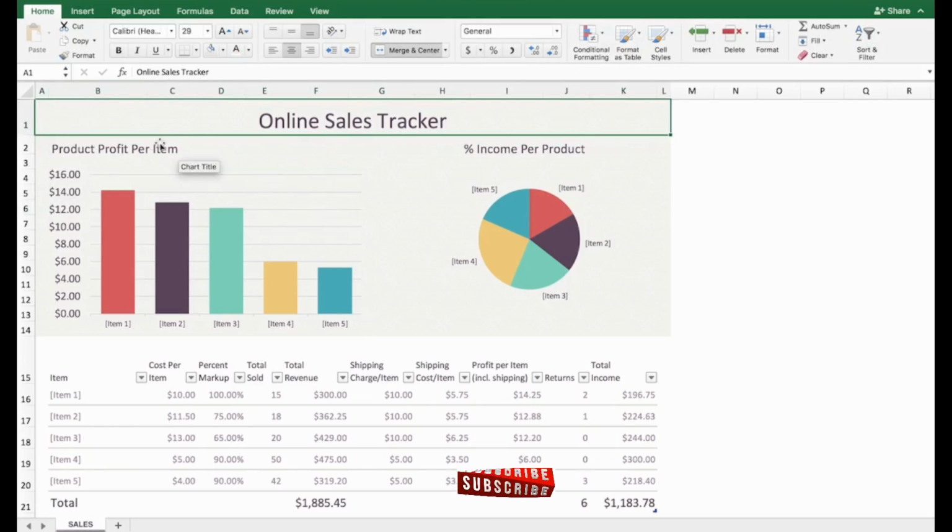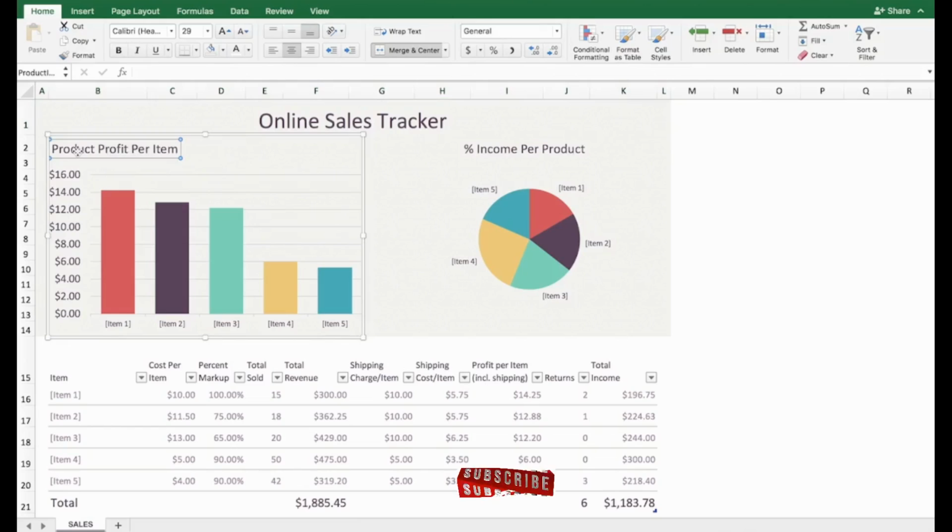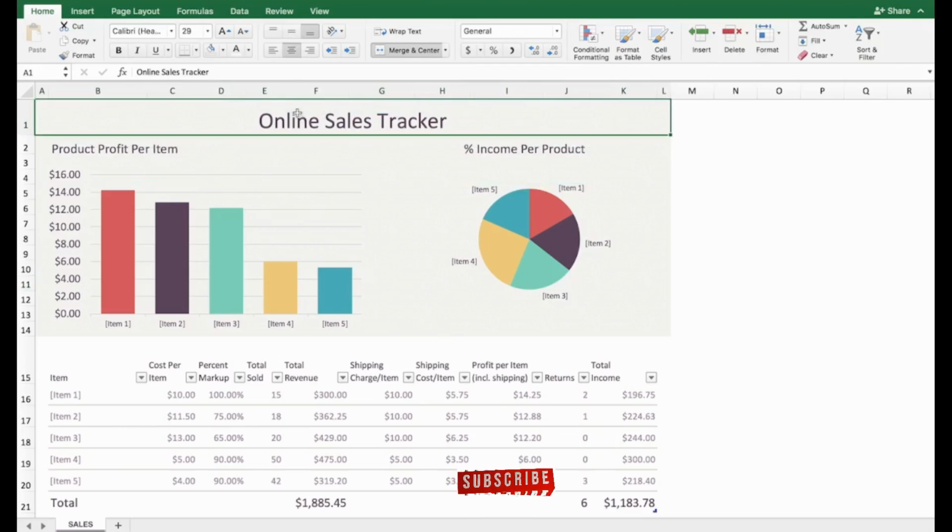like this product profit per item. If this was all on the same line and you merged and centered it, it would pull this to the center, and it would be disproportionate compared to the data that it's referencing below. So merging and centering is very useful, very quick and easy to highlight a title, for example, across a range